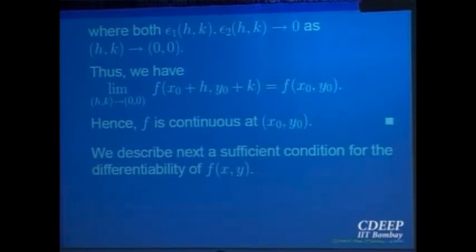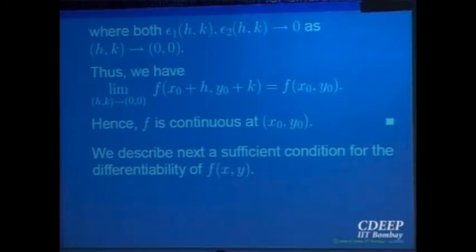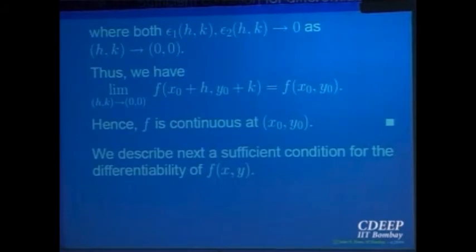So what we are going to state next is a theorem which is called sufficient condition for differentiability. And if a function satisfies this condition, then it will be differentiable. It is sufficient but not necessary. Right? There could be functions which are differentiable without that condition being satisfied. And this condition involves only partial derivatives and continuity of partial derivatives. So let me state that. It is called increment theorem also.